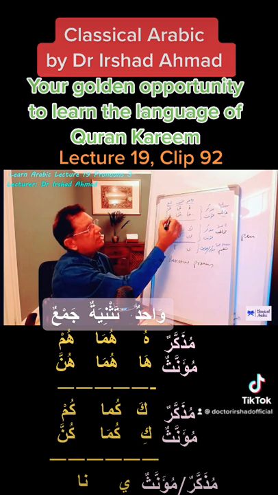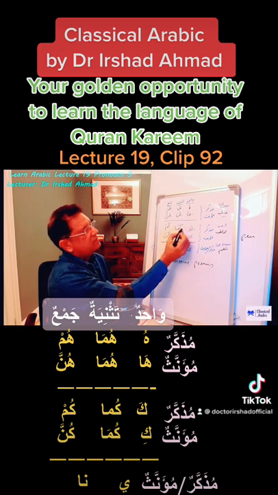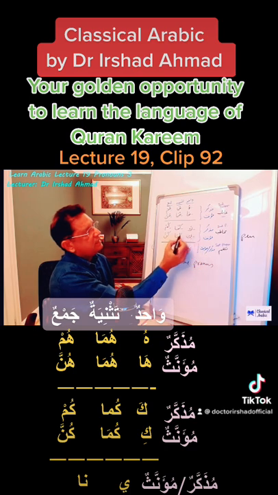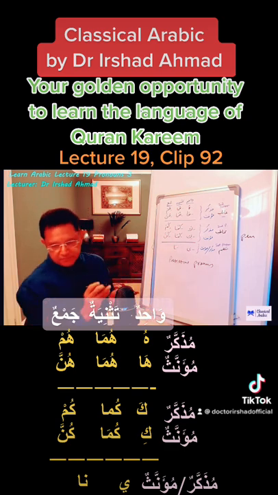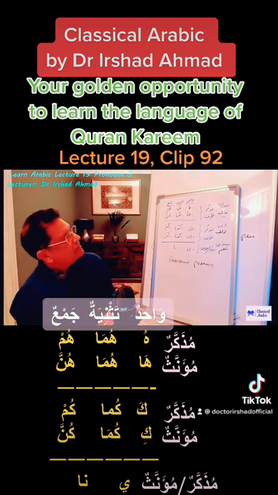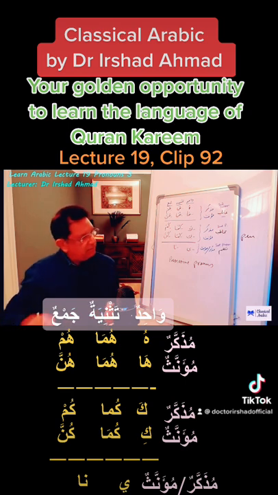When we go along this chart, a better way of saying it will be attached hu, attached huma, attached hum, attached ha, attached huma, attached hunna, attached ka. This means there is something before it. Attached ka, attached kuma, attached kum, attached ki, attached kuma, attached kunna, attached ya, attached na. Because they come attached to other words, in Arabic we call them